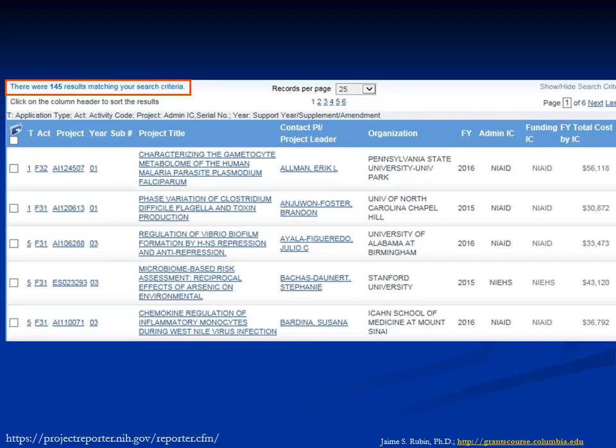This database, NIH Reporter, is only for funded awards. It's not the unsuccessful applications. It's only for the successful applications. So here you'll see a mix of F31 for pre-docs and F32s for postdocs. But this will give you an idea of the grants that were successfully reviewed by this study section, and you can get an idea whether what you're proposing, your research areas, fall within